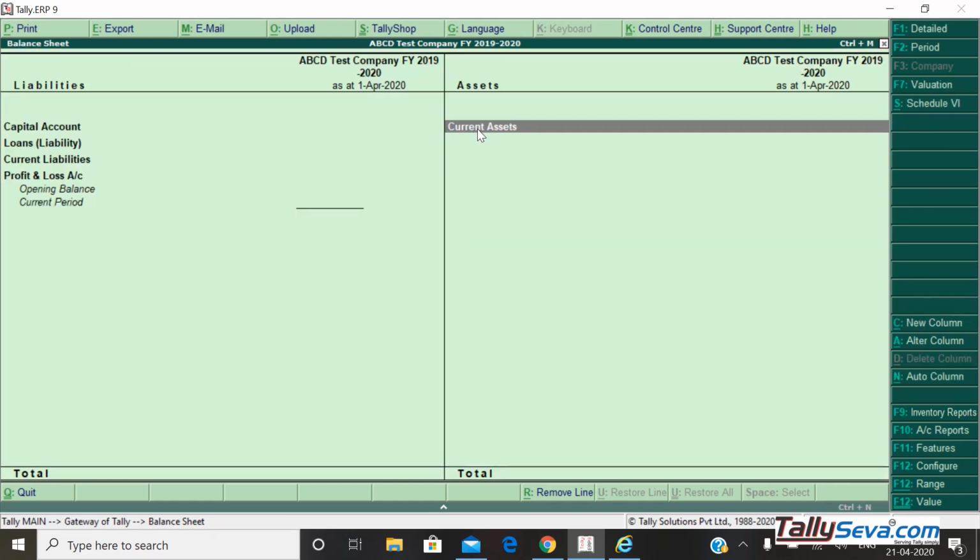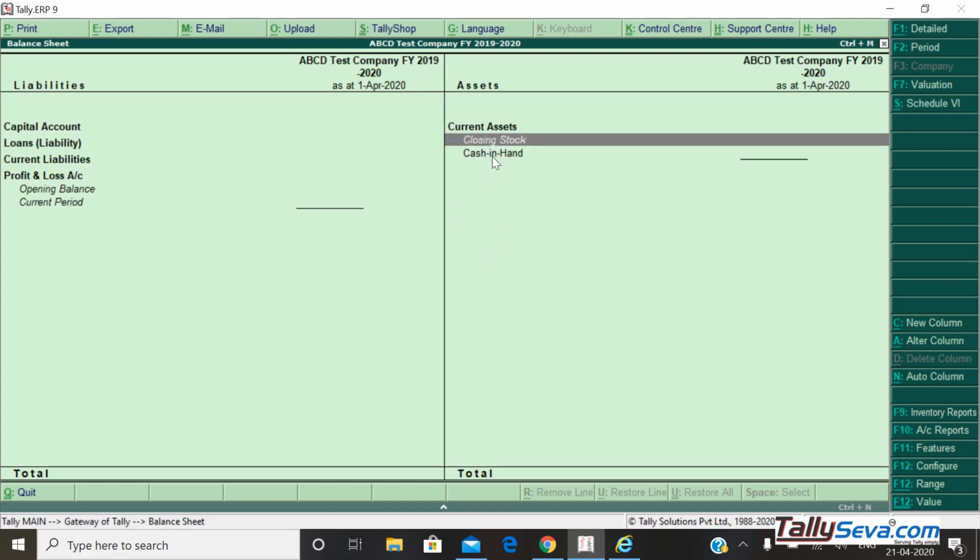So this area is called a primary. Under it are subgroups, like closing stock and cash in hand. These are the subgroups, meaning the primary has the subs. While creating a group or editing a group, we have to keep in mind how we want this grouping reporting to display. According to that, you have to create.